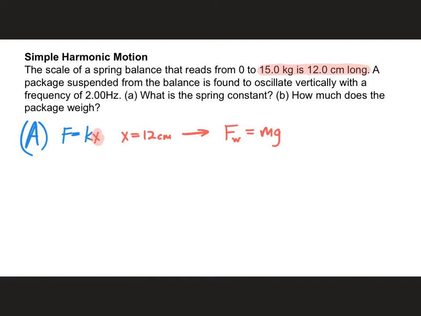So we would know that the weight force will be 15 kilograms times 9.8 newtons per kilogram, and that weight force would be 147 newtons. So right off the bat, this force that's associated with that mass at that stretch is 147 newtons. And why do I need that weight force? Because